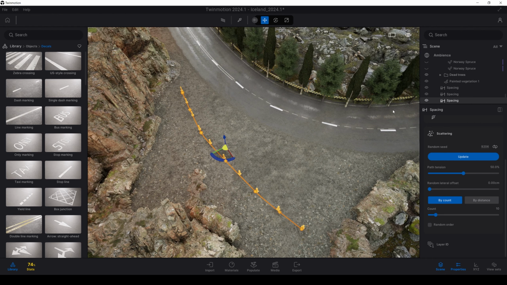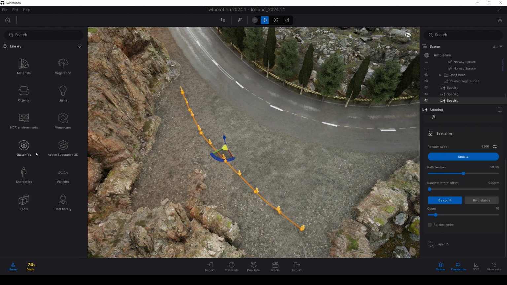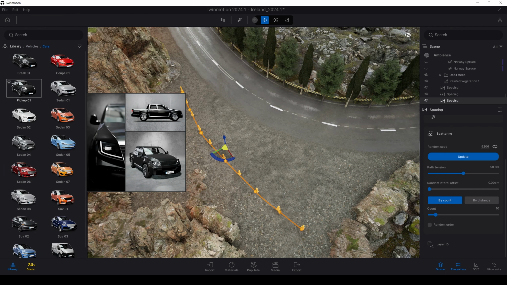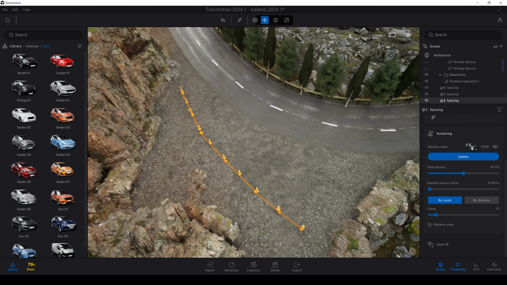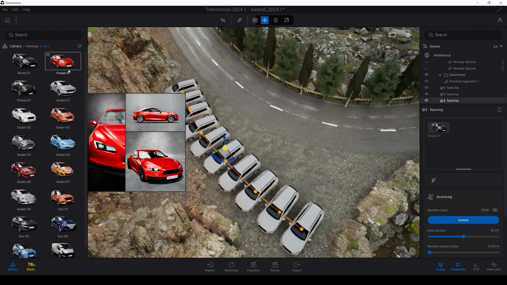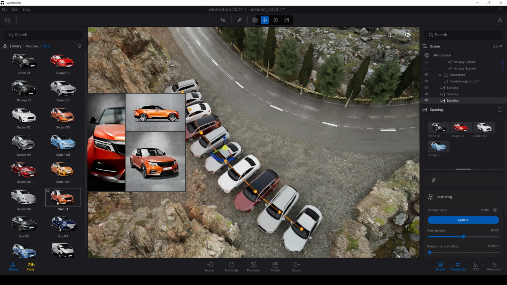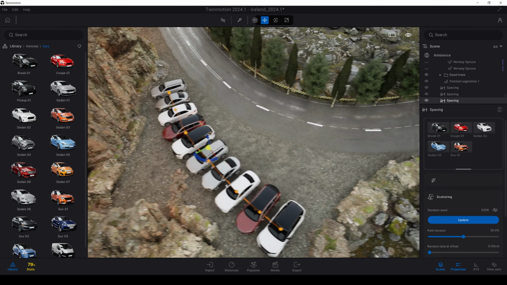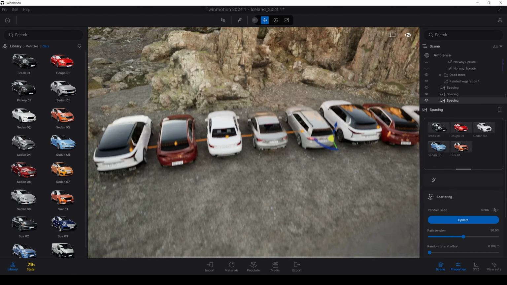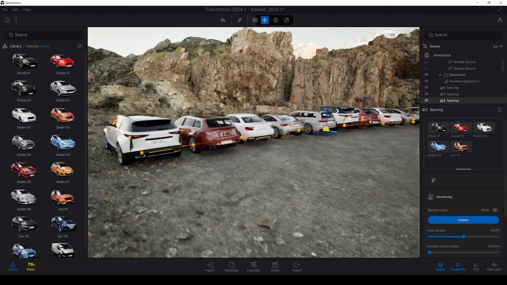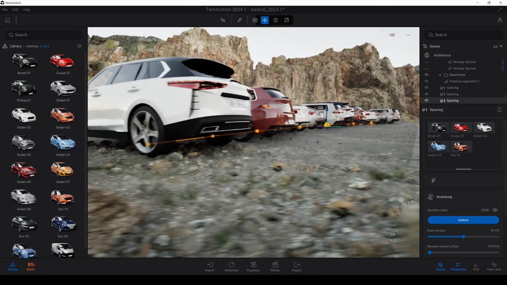After that, I will click this from here, or you can use the scene graph. Let's go to object, vehicle, cars, and I will just drag and drop to here. Let's add different car types. And there you go. It's very easy and smooth, but